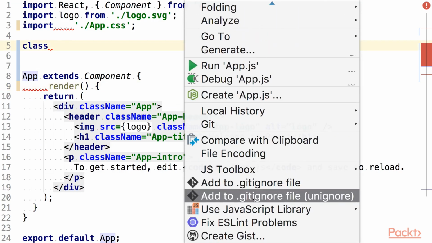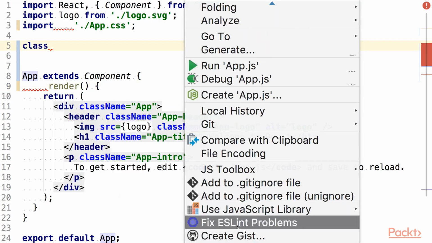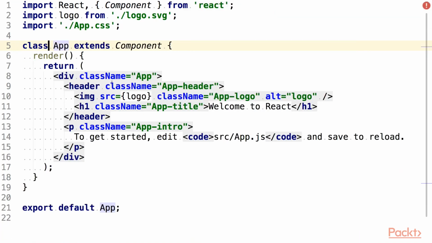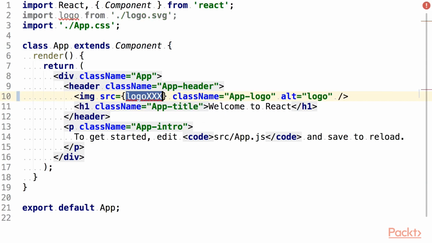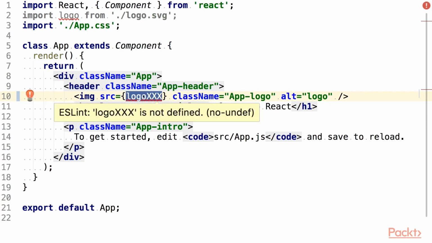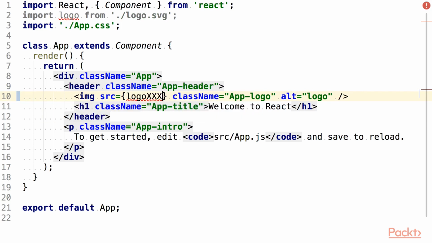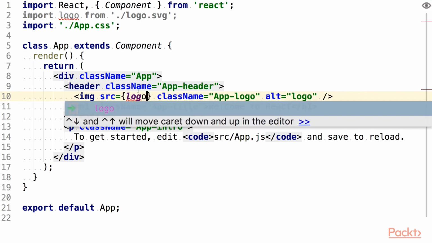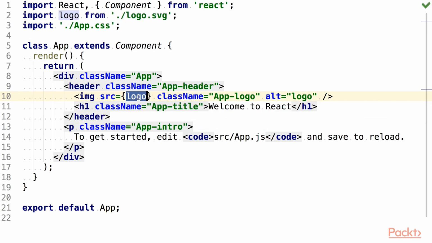I can also do this with this pop-up menu here, fix ESLint problems, and they're gone. Or when I use a flag in React which doesn't exist, ESLint gives me the nice information. So the typical typos which can happen during development won't happen anymore, or at least I get this hint. And now, after having everything prepared,